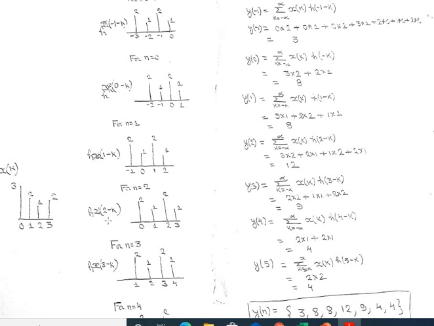Similarly, if we compare x[k] with h[2 minus k], again we have to find the common samples. We can say that 0, 1, 2, 3 and 0, 1, 2, 3, all the samples are common points. So we have to multiply the magnitudes and do the sum. So here for y[2] what we are getting is 3 into 2 plus 2 into 1 plus 1 into 2 and 2 into 1, which means 12 we are getting.